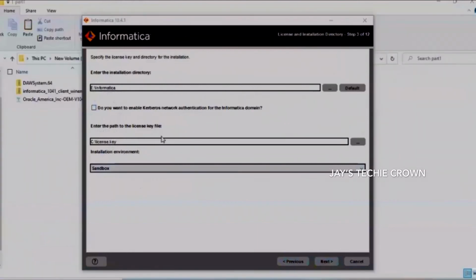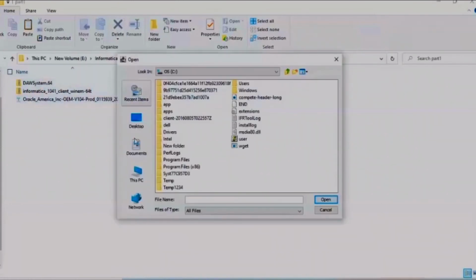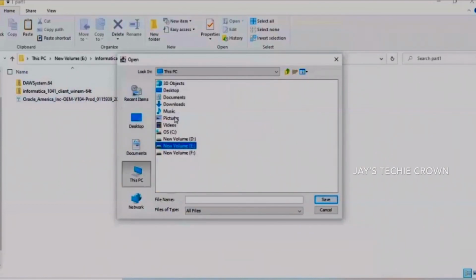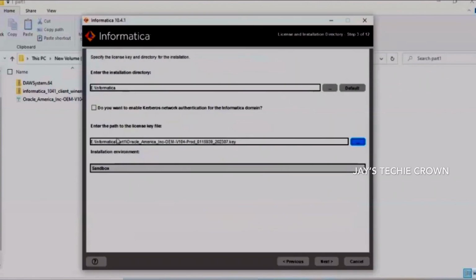If we don't have the license key under C drive, we need to go and change the license key. The license key will be in part 1. You can see here under part 1, you can see the license key. You can just go over here and choose the same thing, E drive, part 1, where you will have the license key. You need to go to this path. I'm just choosing this license key. Now I have given the license key over here. Click on next.